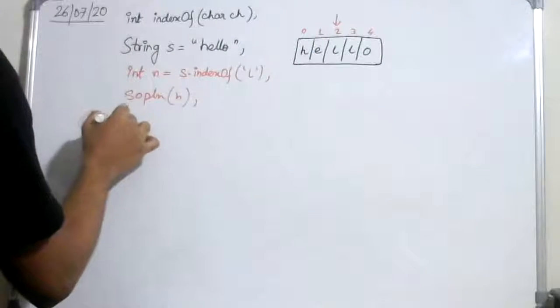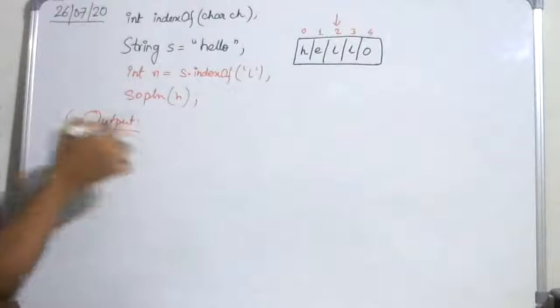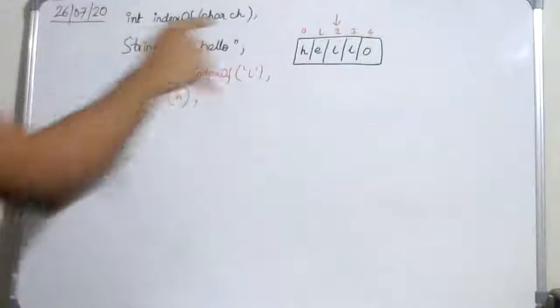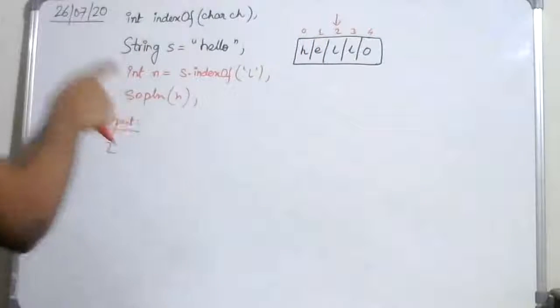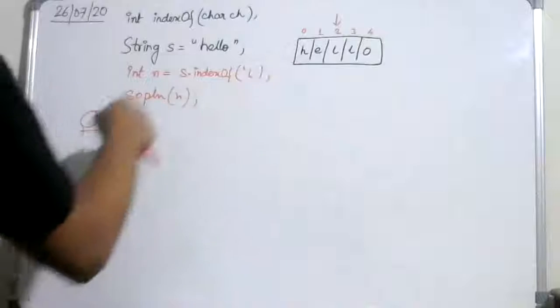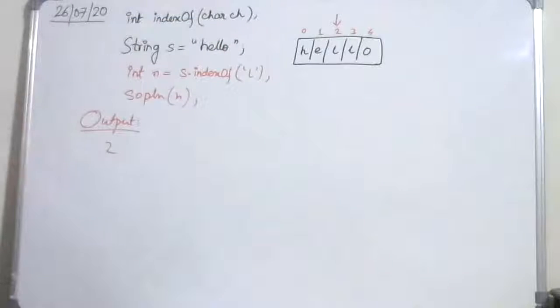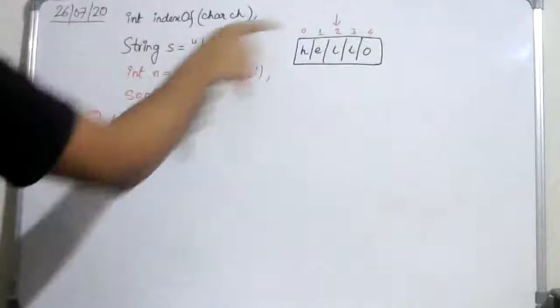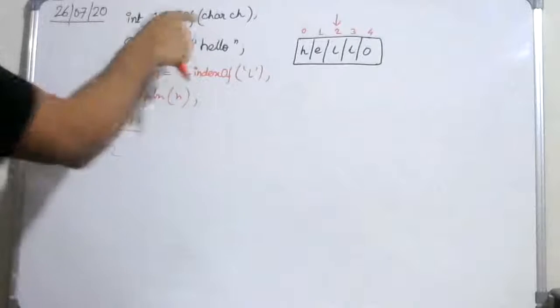the output is 2. Instead of 3, it is 2. So as you can see, the array index value is returned, not the count. If I counted from 1, 1, 2, 3, it should have returned technically 3, but it does not return 3 since we are not counting, we are concerned with the array indexing. So it refers to the array index, as the name suggests, indexOf.